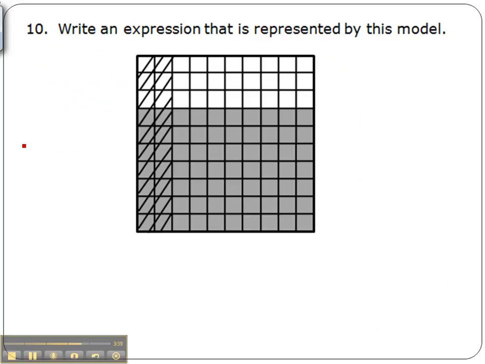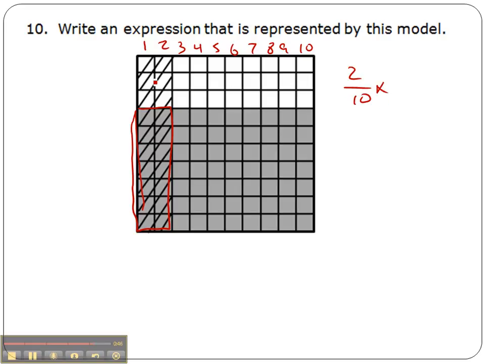Okay, on number 10, we need to write an expression that is represented by this model. The model is showing us this rectangle is shaded twice, that's our product. We're multiplying 2 fractions. The whole square is 1 whole, and the shaded areas represent a fraction of that whole. So if we count the number of columns, we see that we have 10 columns, and 2 of those columns have the diagonal shading, so 2 of 10